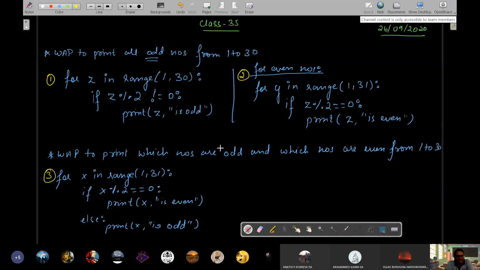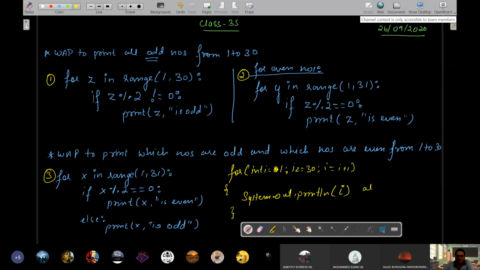But whatever you are saying will be correct in Java, C, C++. उसमें कुछ ऐसा नहीं होता है. ठीक है. उसमें you will write something like for int I equals to 1, I less than equals to 30, I equals to I plus 1. ये सेम चीज को जावा में कुछ ऐसे लिखेंगे, System.out.println, I'm just giving an example, you don't need to. ठीक है, println, and then you will print I. ठीक है, this program will print all natural numbers from 1 to 30.